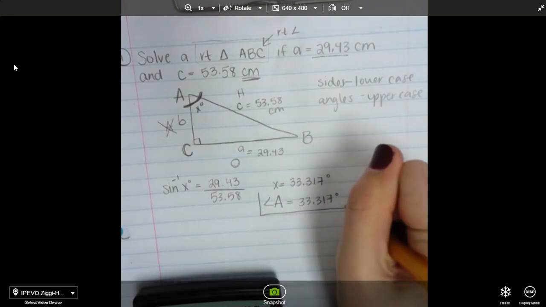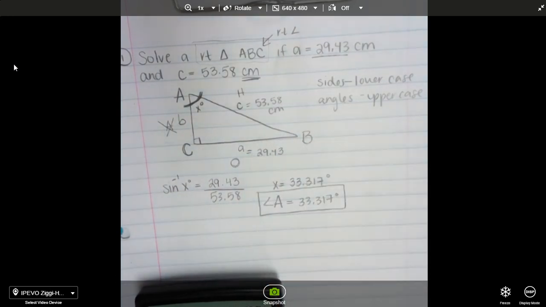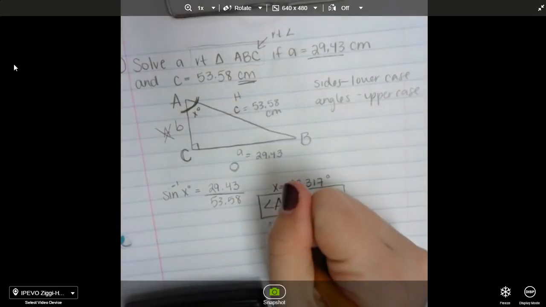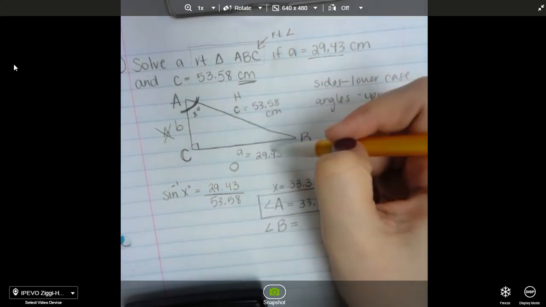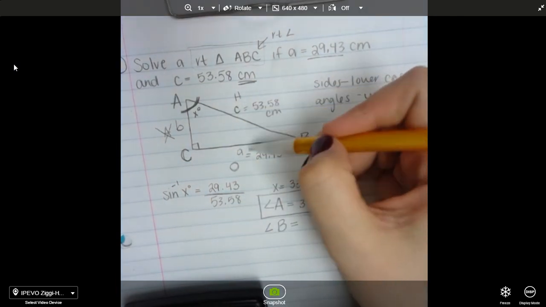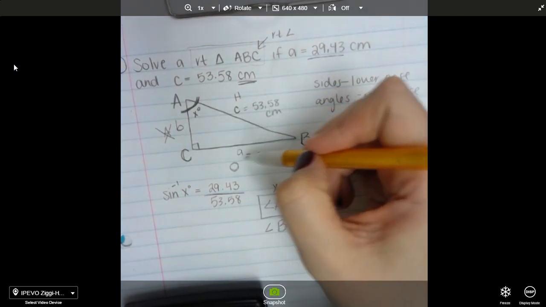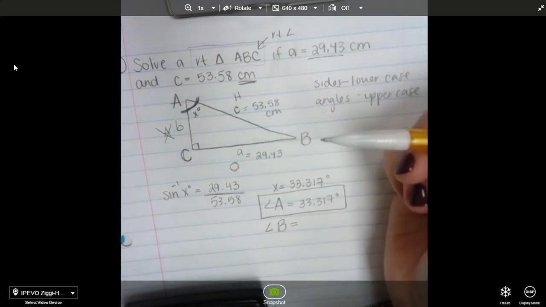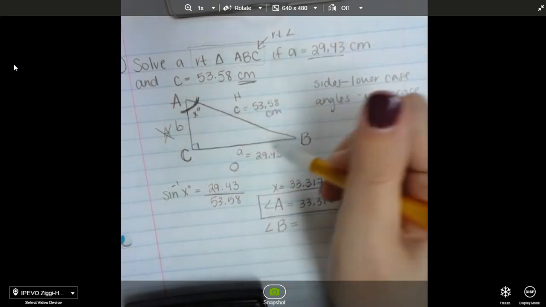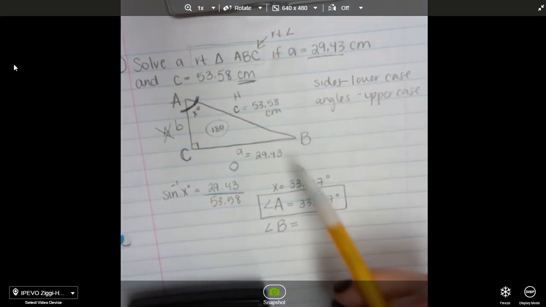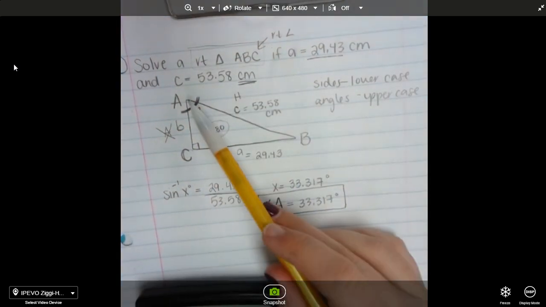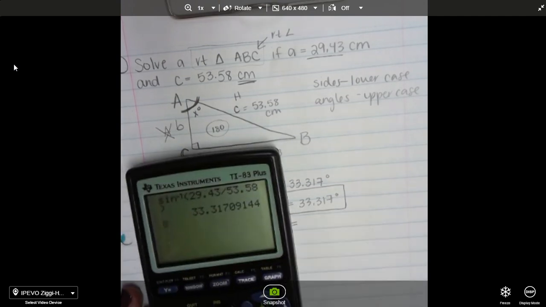So that's one piece of the triangle we needed to know. We also need to find angle B. Well, angle B we can find using trig if we wanted to. We could do adjacent over hypotenuse, since from B's point of view this would be the adjacent. But we don't have to because we have the angle sum theorem, meaning the whole triangle has to add up to 180. So we have 90 here, we have 33.317 here. We can add